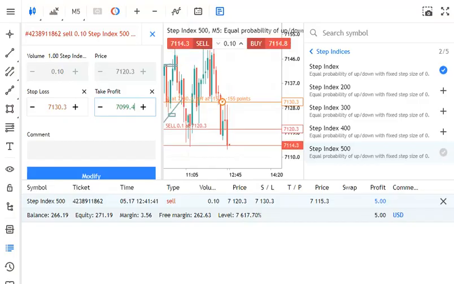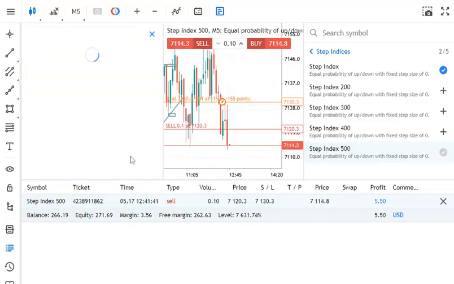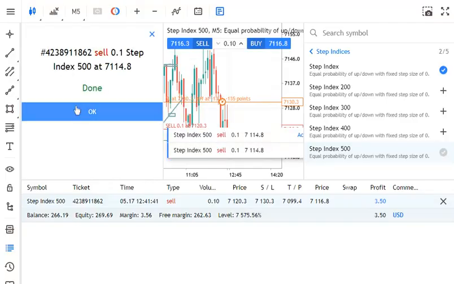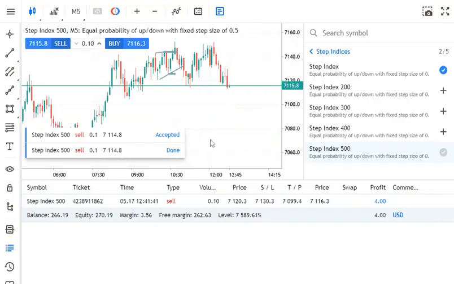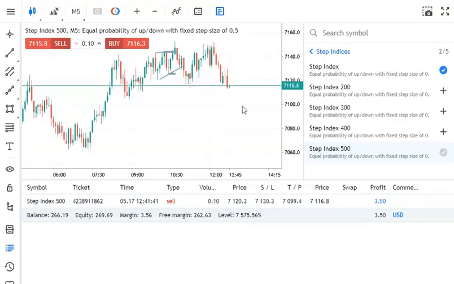7099.4. That's my one is to three. So the market already took away $14 from us. If we see a green candle, we're gonna buy, but we're gonna be very sure before we buy.